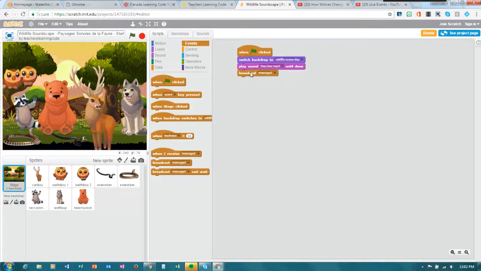So I went to events and I looked for the block that says broadcast, and we actually want to make a new message, and we're going to call that switch to night. Okay, that one is a bit tricky to test because we have no idea if there was a message given out as broadcast, switch to night. So it will be easier if